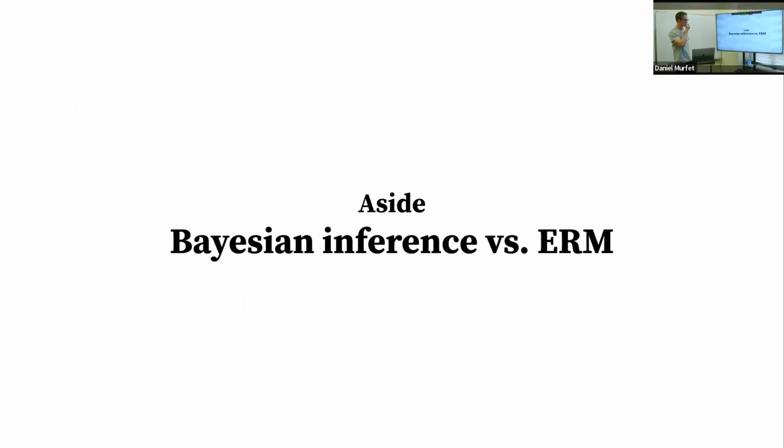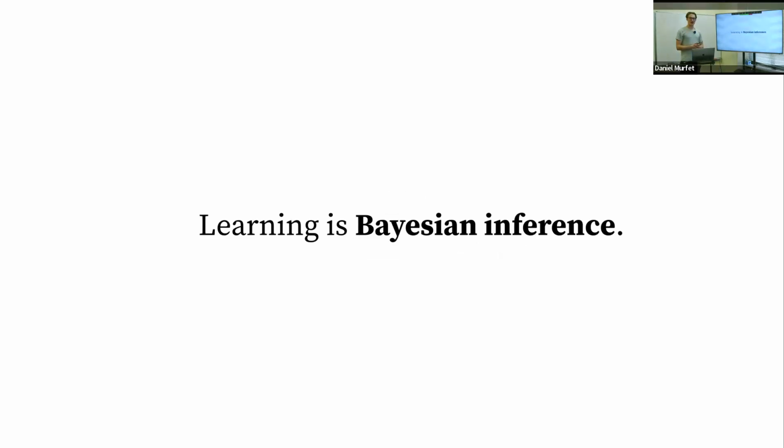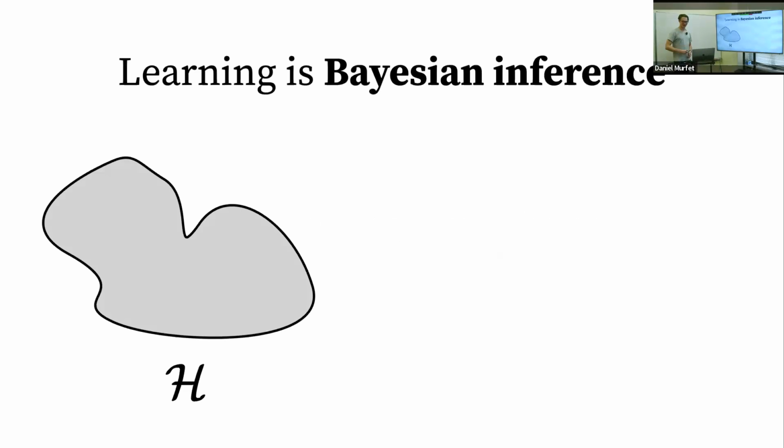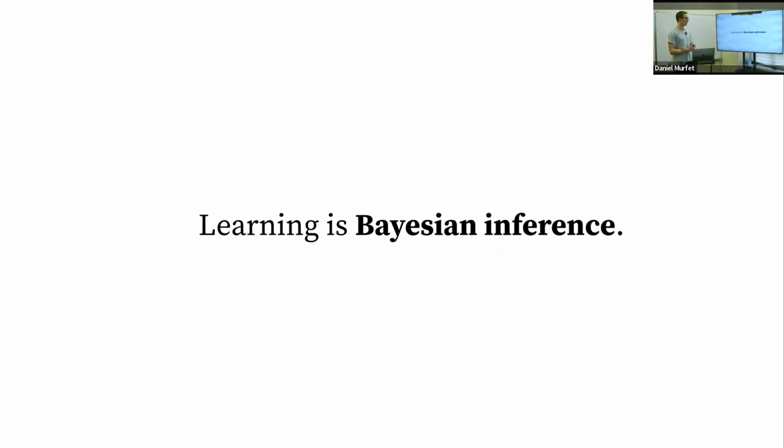Anyway, let's talk about this distinction a little more between Bayesian inference and empirical risk minimization. I just slid in a few slides because in the last lecture we got over time. So we can talk a little bit about what is learning. So anyway, the first answer I want to raise to the question of what is learning is that learning is